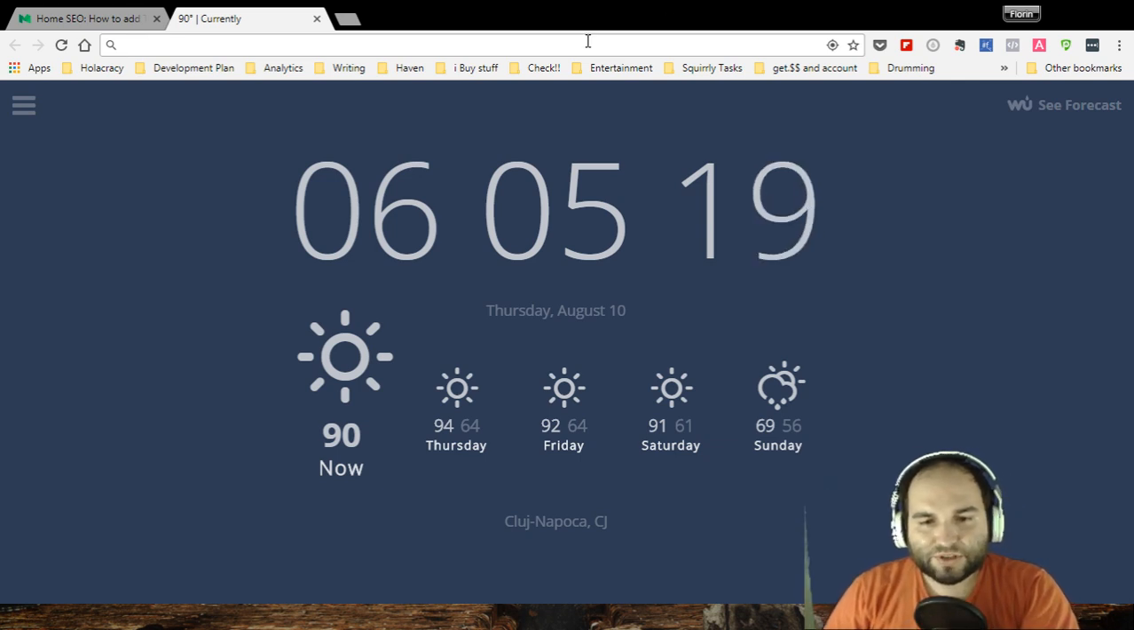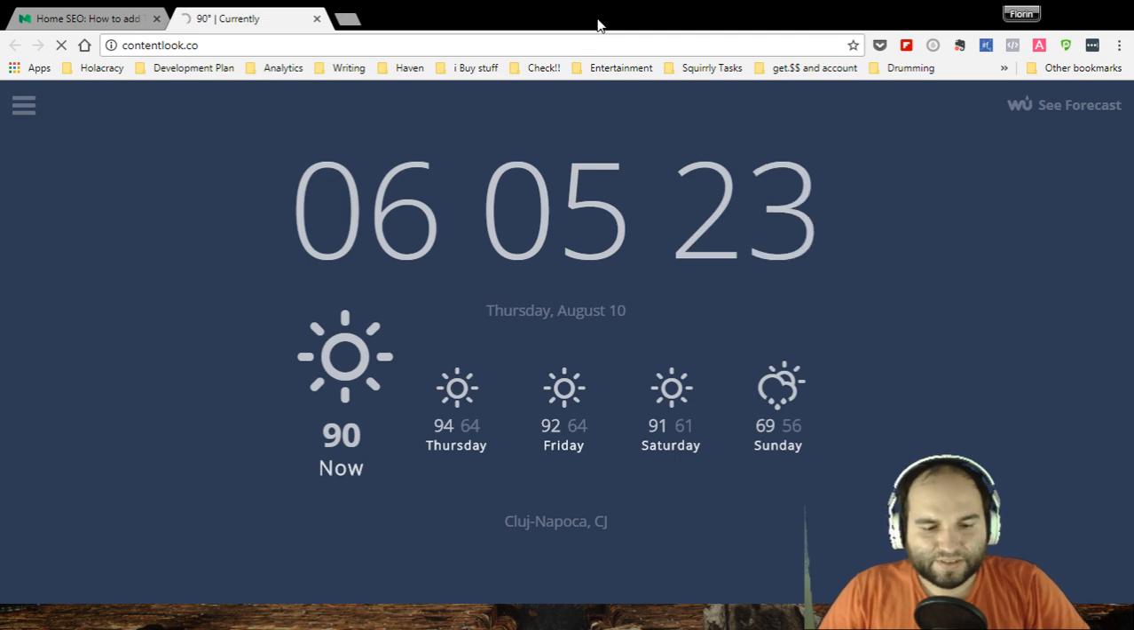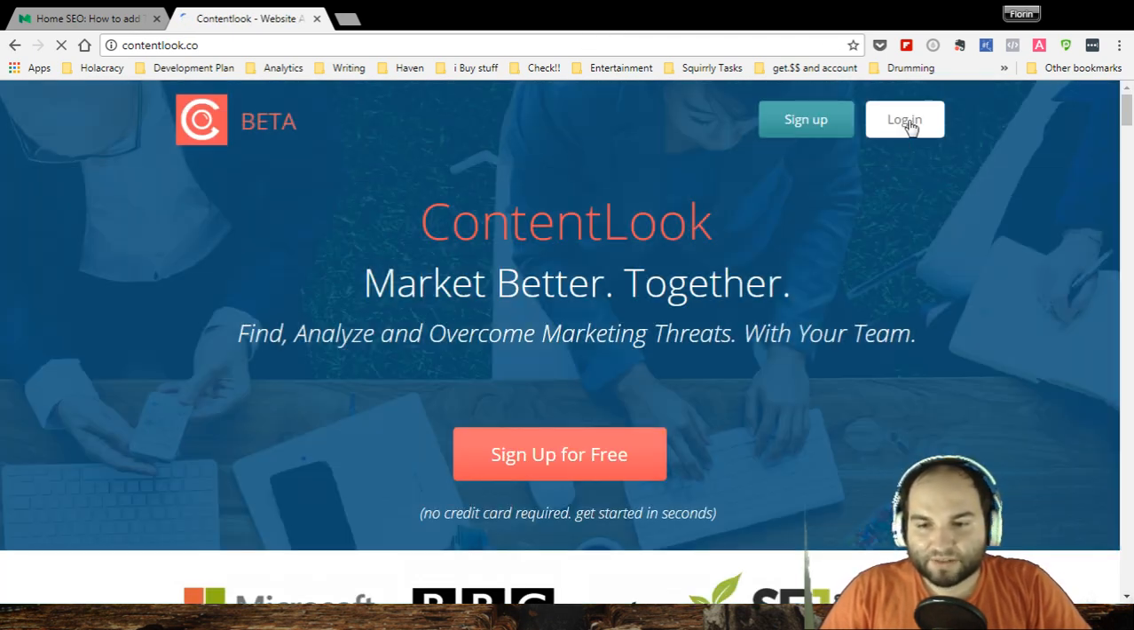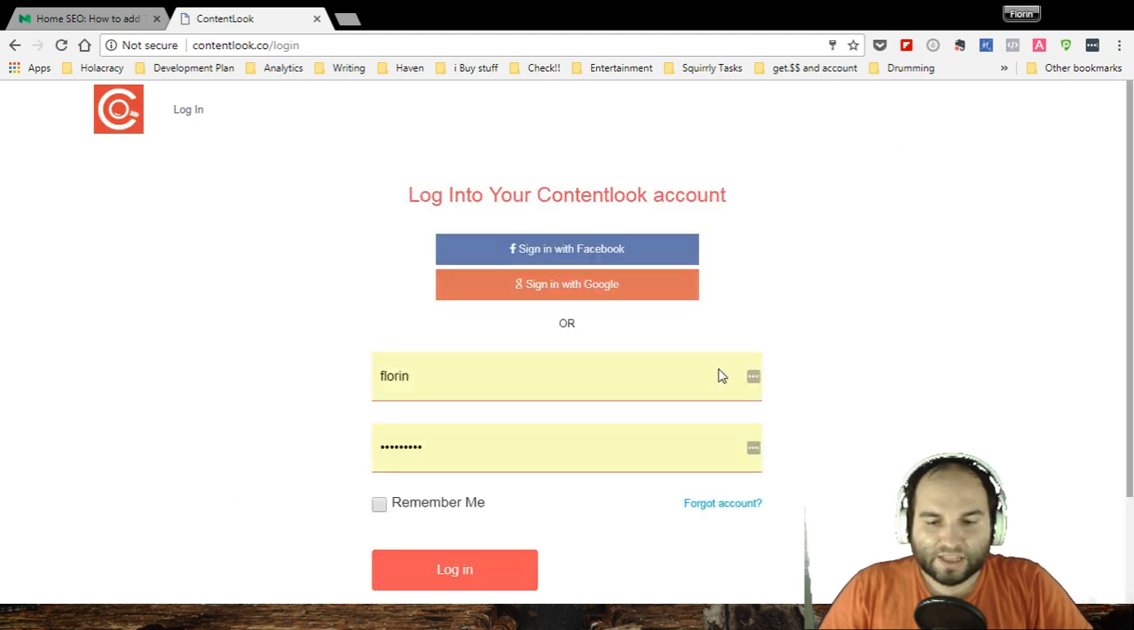And today I want to show you how to find some really low pages, super low SEO quality, that Google will never love because they don't have enough information for Google to decide if that page is useful or not. For this we will use a tool called Content Look. We're going to log in,